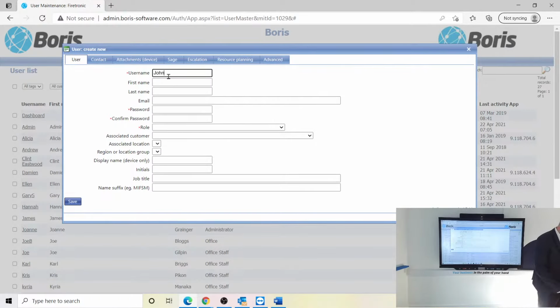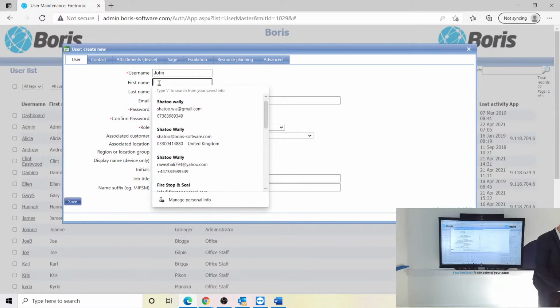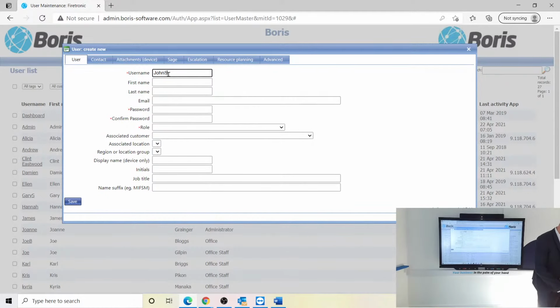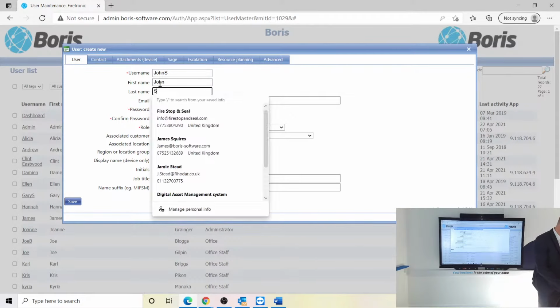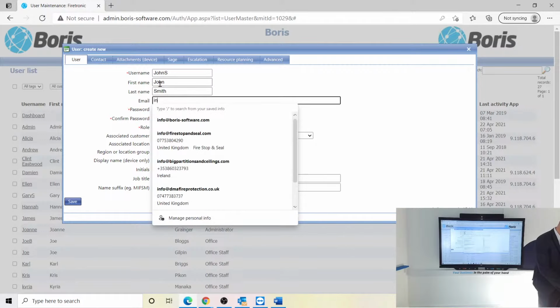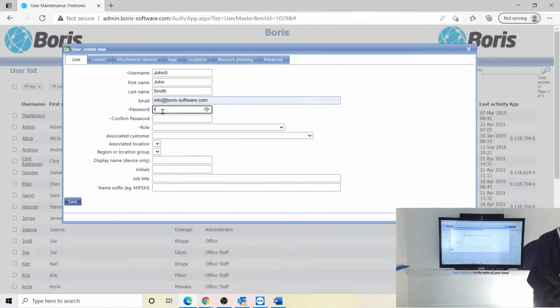And I'm just going to come up with a random name of someone. I'm going to call him John Smith. We are a Yorkshire business, so let's put John Smith in there now. Now, when we're building up the new employee within the system, there's some basic information that we always need to